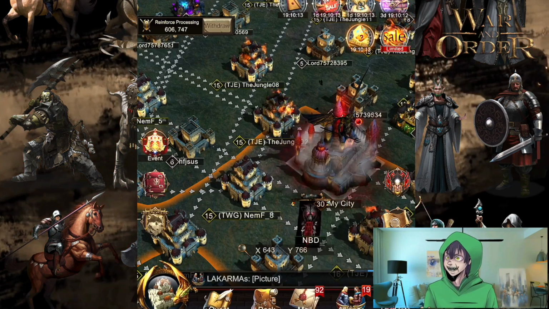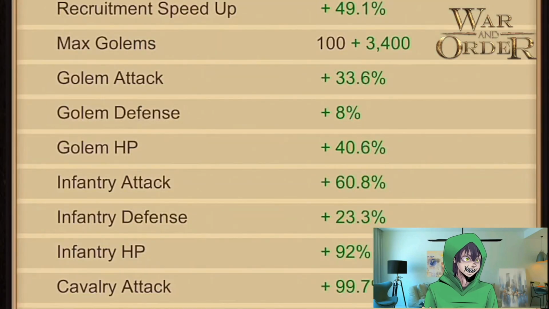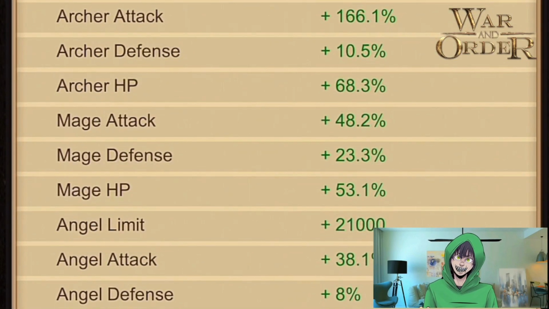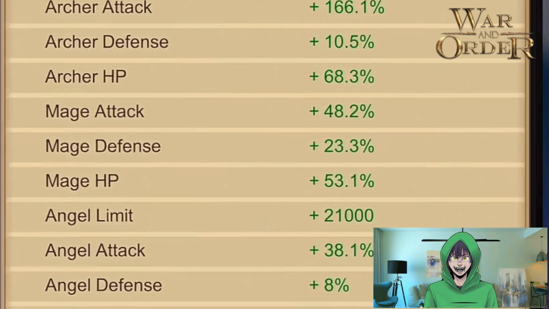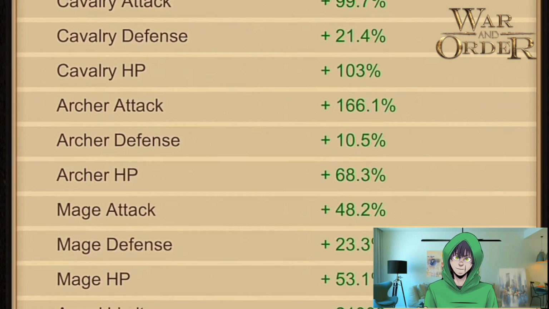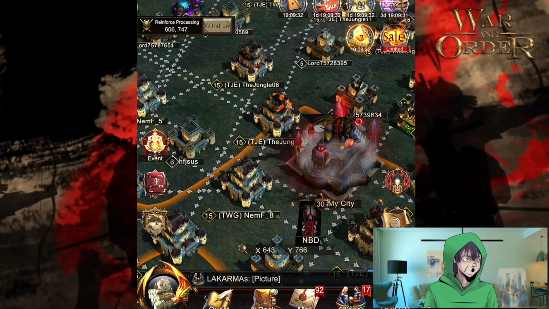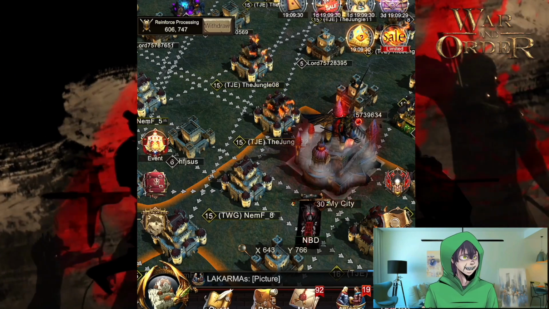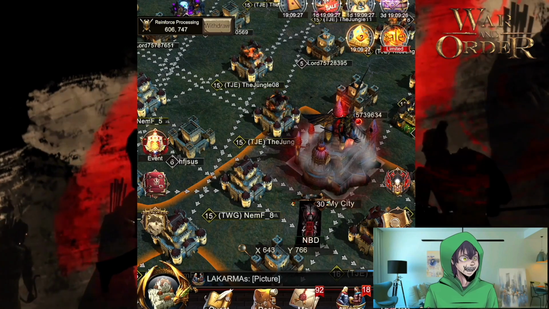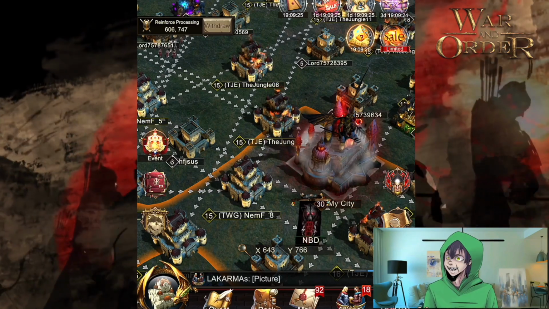statistics. So if you want to look at your stats, you can go here, check details, and you can see your stats. Now, this is a partial view of your stats. This does not include your totems, for example. So, if you have powerful totems, the stats that are associated with those totems don't really appear here in your details. And then also, it'll depend on the number of frontline troops you sent and their tiers compared to your